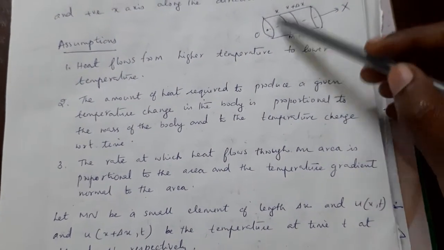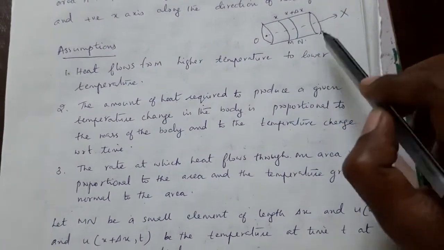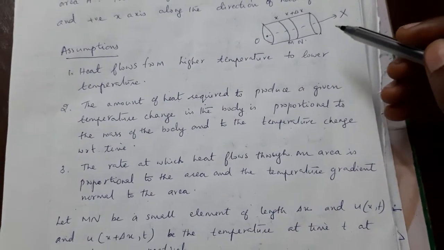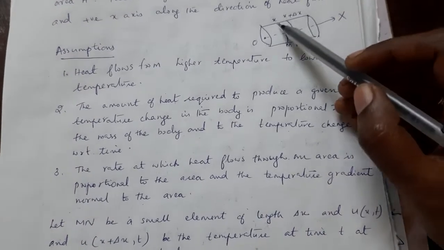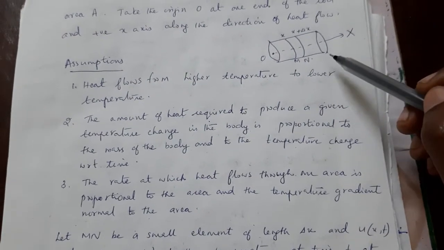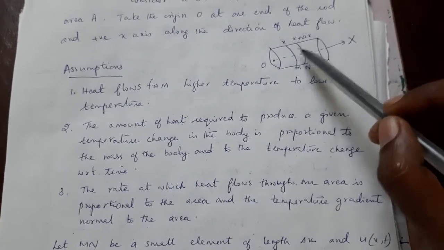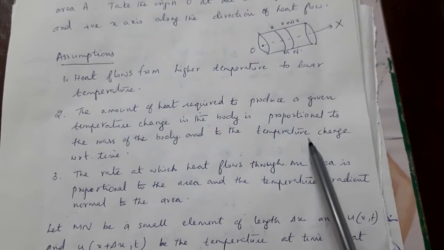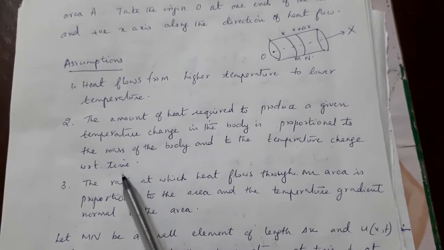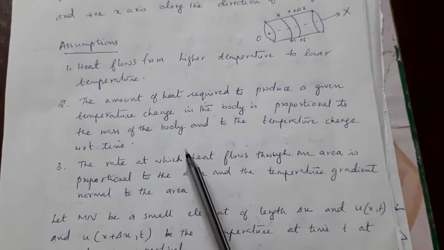In this picture we have to write the equation of the quantity of heat flowing. Let the quantity of heat, or temperature, be u(x,t), where x is the distance along the x axis and t is the time. So u is the dependent variable depending on two variables, the distance x and time t. The temperature change with respect to time is ∂u/∂t. So the quantity of heat flowing is proportional to mass and ∂u/∂t. That is the second assumption.